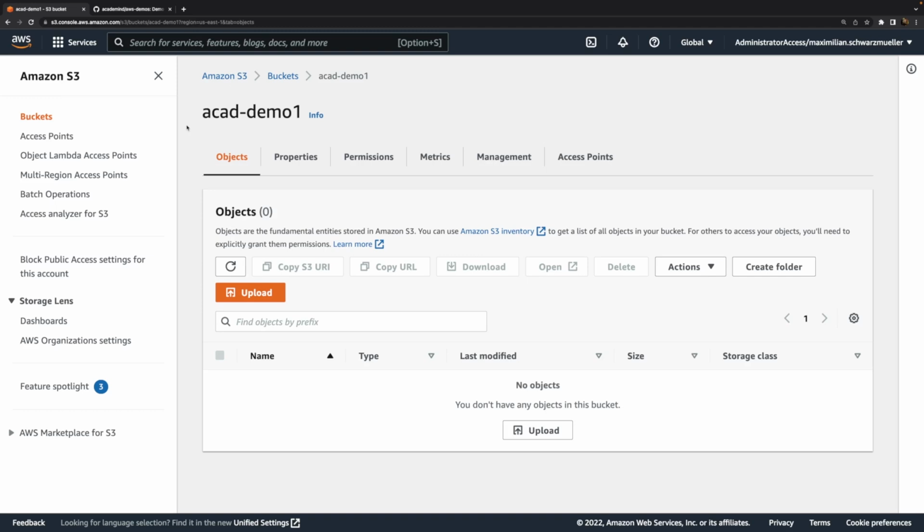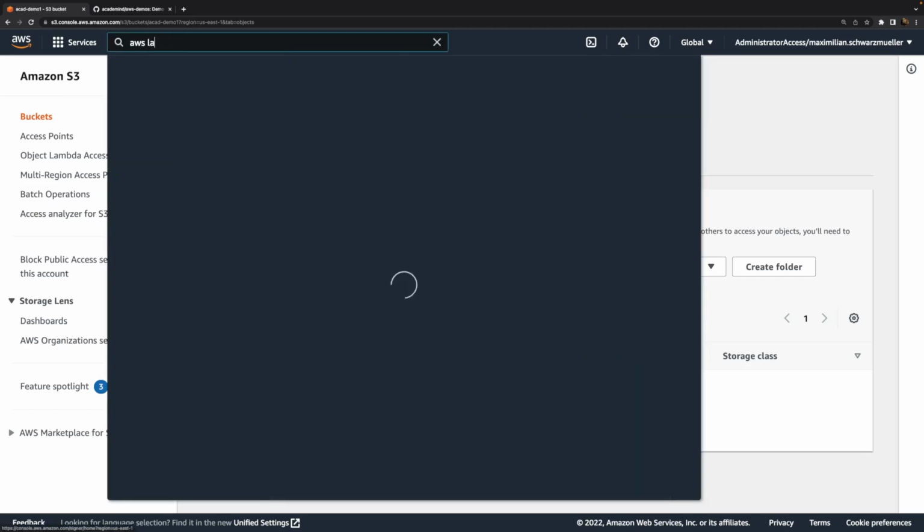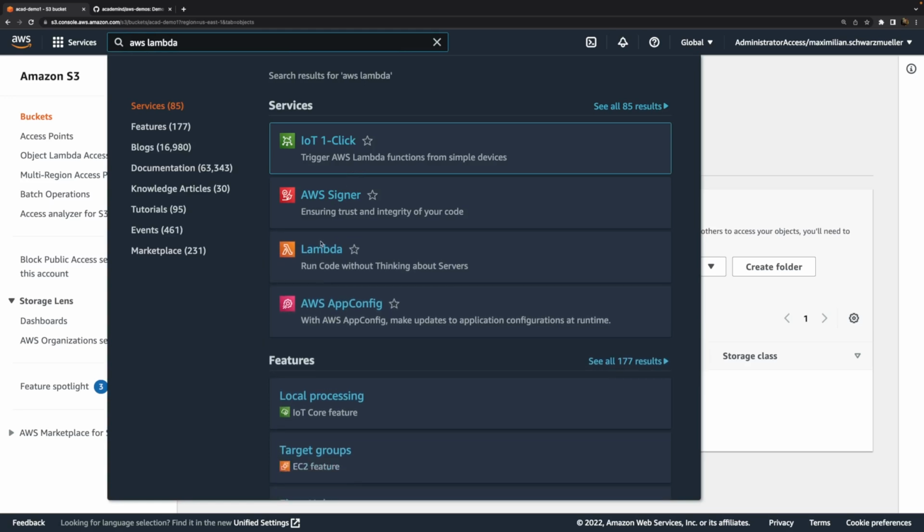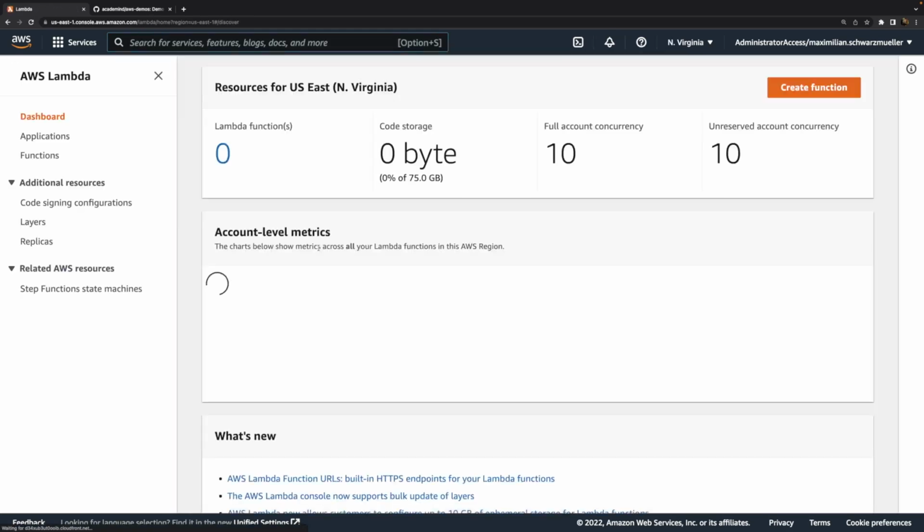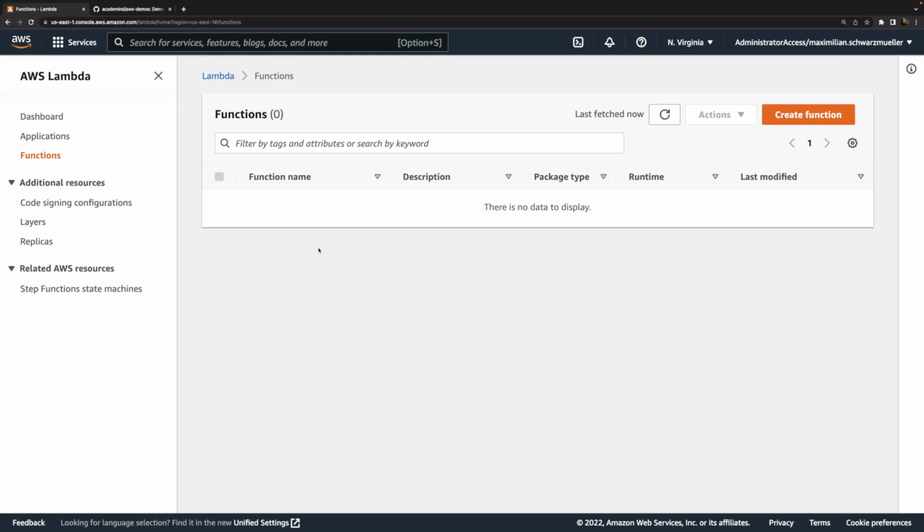Now we could spin up an EC2 instance, run some process on that instance, and then in that process have some code that queries that bucket from time to time to see whether new files were uploaded. This would be rather cumbersome though, and that's why we have this Lambda service, because Lambda actually is a serverless service that allows us to upload code that should be executed whenever a certain event occurs. And there are all kinds of events you can listen to.